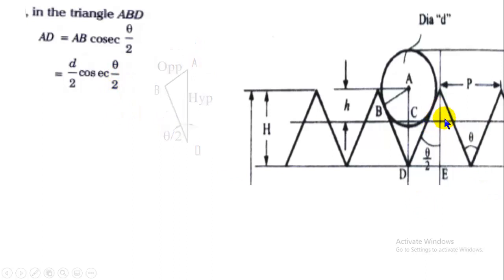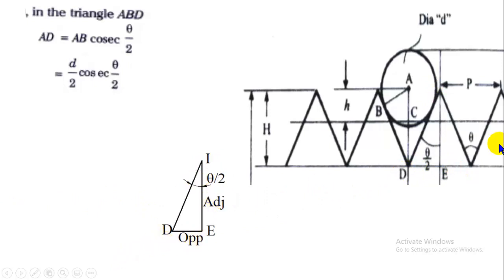After that we will consider the next small triangle here, DEI. We will take the triangle DEI. We will get the distance here in the form of h. We know the height, so we will get IE. h is adjacent and DE is opposite. If you write the equation in the form of adjacent and opposite, we need tan theta, and tan theta is opposite by adjacent, but we want the adjacent IE, that means h. So that's why we will take cot theta. So cot theta by 2 will be equal to IE by DE, because DE is in the denominator. If you send that to the other side, it will become opposite, DE into cot theta by 2.